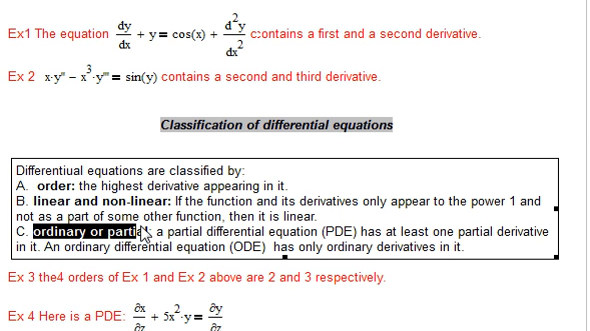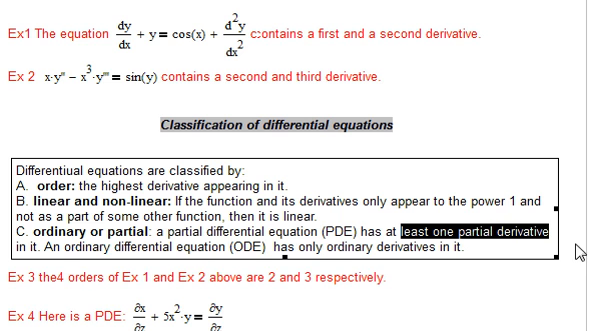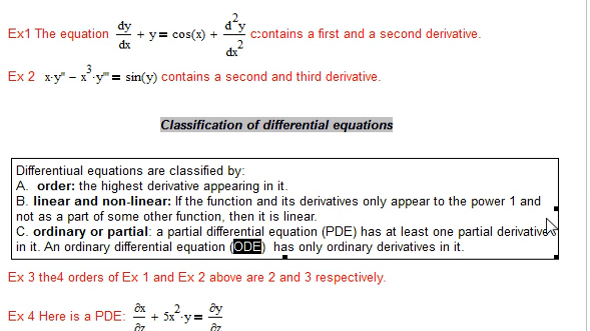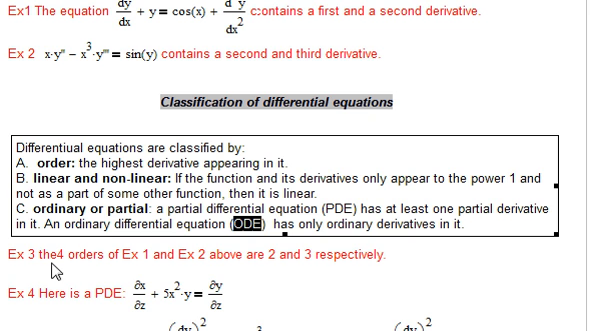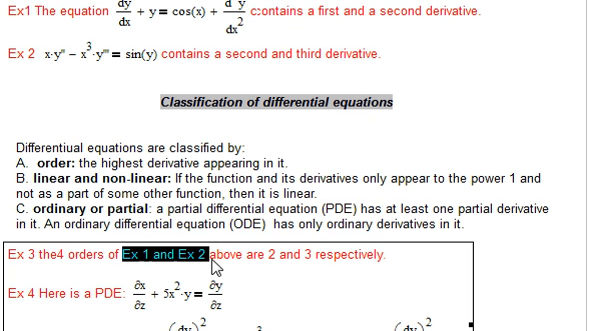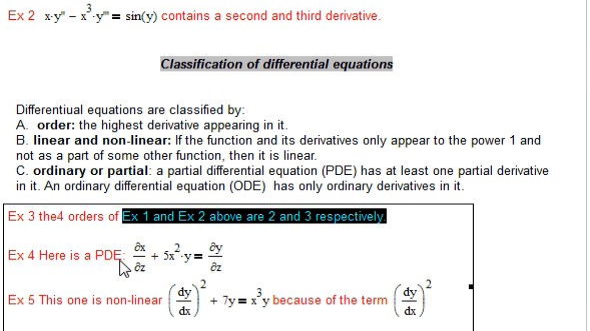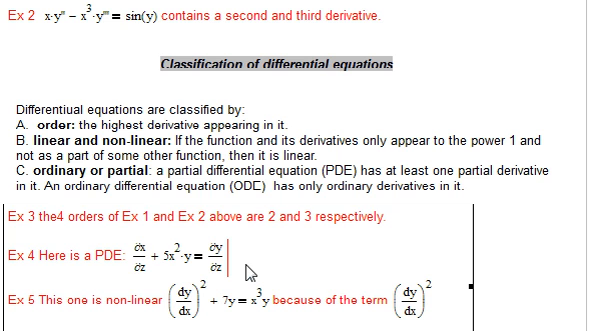Differential equations are either ordinary or partial, and a partial differential equation has at least one partial derivative in it. Ordinary differential equations, ODE, that's an abbreviation for that, have only ordinary derivatives in them. So, example 3 and 4. The orders of example 1 and 2 above are 2 and 3 respectively, and here's a partial differential equation: partial of x with respect to z plus 5x squared y equals partial of y with respect to z. Just as a word, before you get scared,